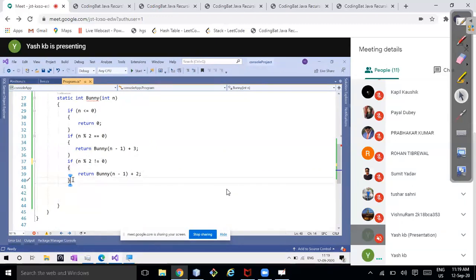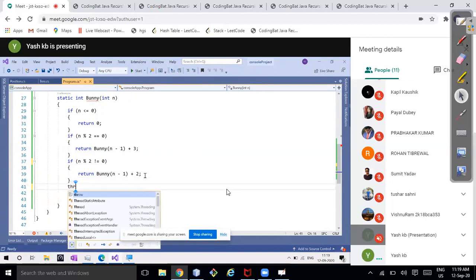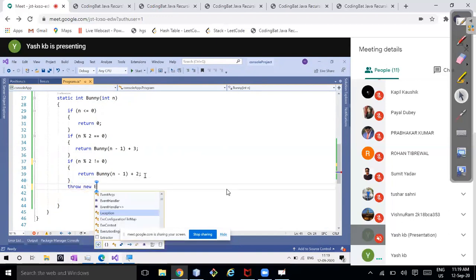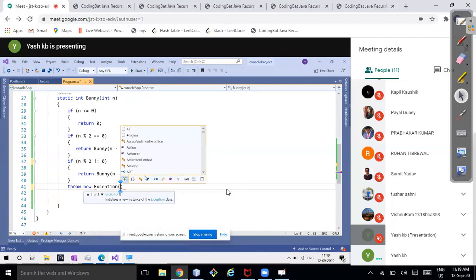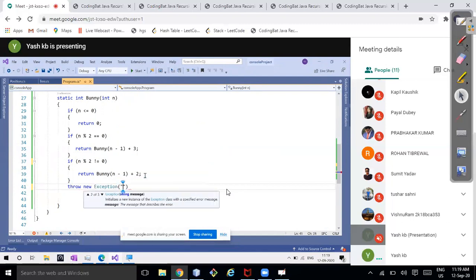So you have covered all the if conditions, but still you need to return something. In that particular condition, instead of returning, you can throw an exception. There you just write throw some exception. Okay. So now it's fine, right? It will work.